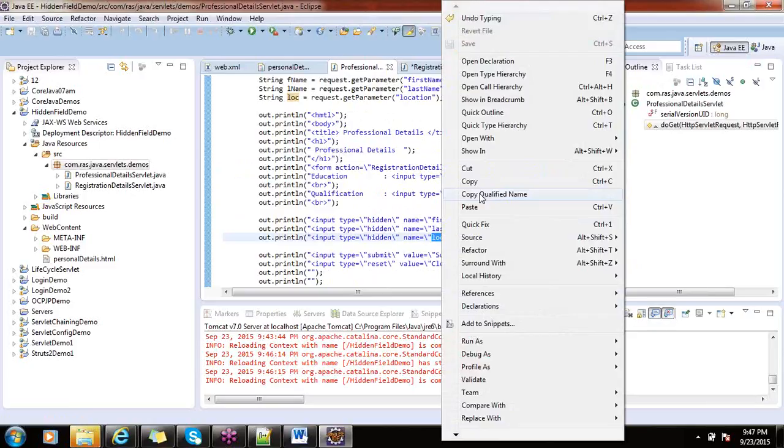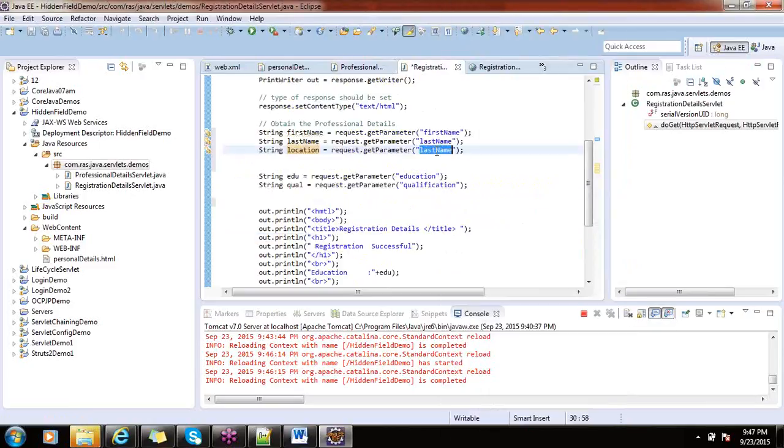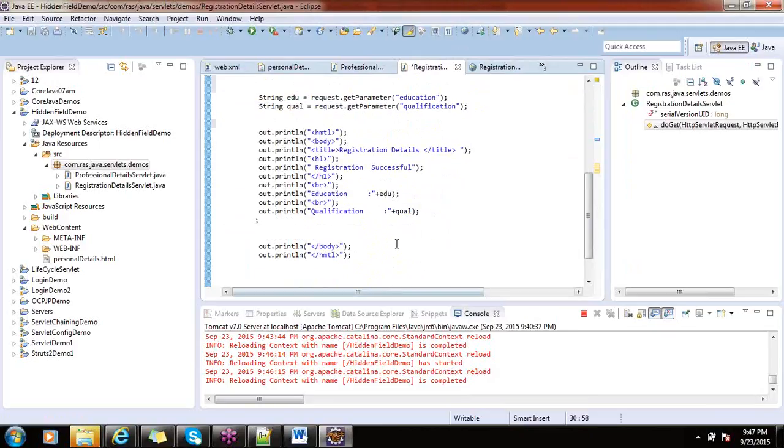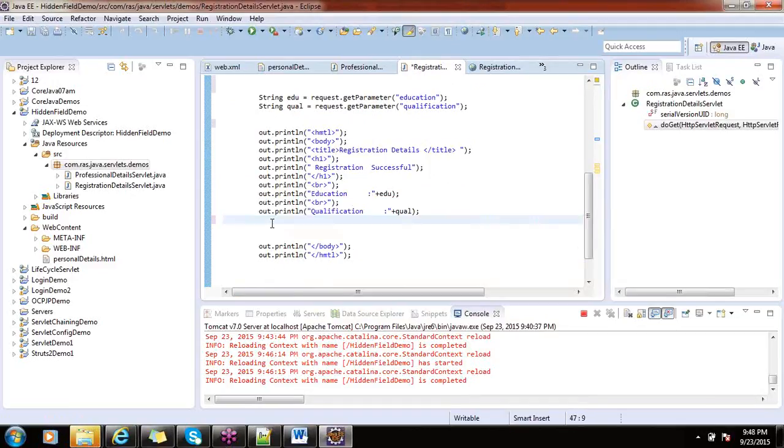This one, parameter name. Submit name. Yeah, that means, right? Location. Now, here, there is an extra semicolon. Along with this, education, qualification, before that,